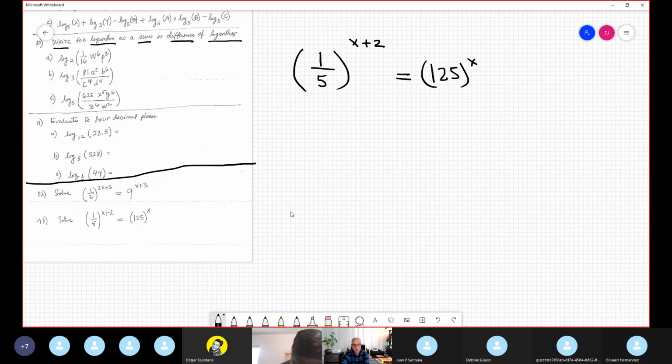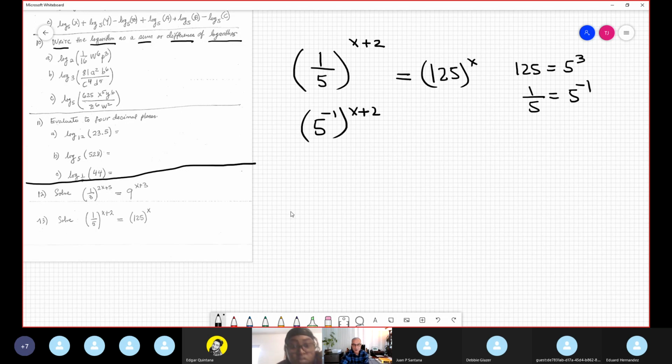Okay, in this case, it's another similar example, because 125 is 5 to the cubic power, and 1 over 5 is 5 to the -1. So you replace, no 1/5 anymore, it's 5 raised to the -1, raised to the x plus 2, equals 5 cubed raised to the x power. One more time, multiplication, different levels of the exponent: 5 to the negative (x plus 2)